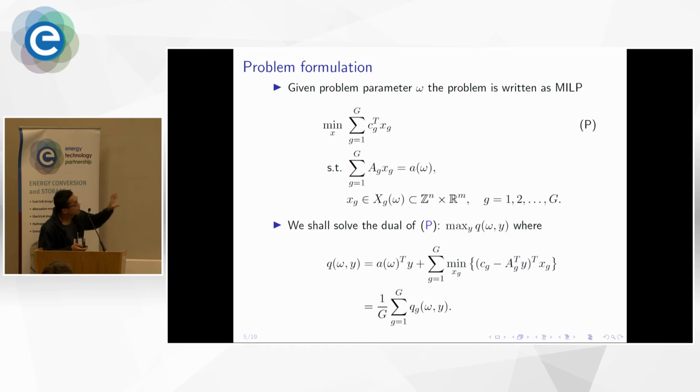One of the most significant parts is that we have a constraint binding generators together, but otherwise all the constraints are local to each generator. So the typical approach in the optimization literature is decomposition using Lagrangian. The dual function is defined in the lower part. This is Q, which, if you optimize it, gives a very close lower bound to the original problem. And this problem has a very nice feature, which is that it is separable into each generator,